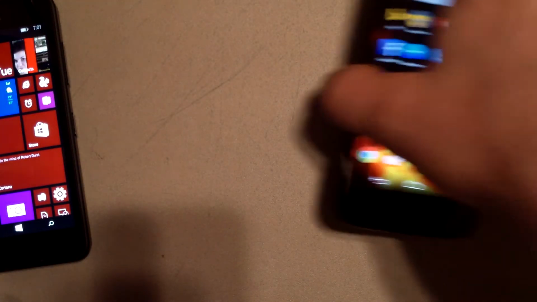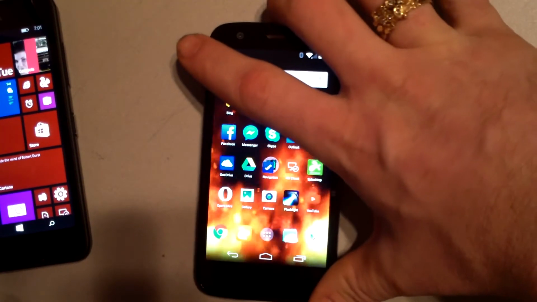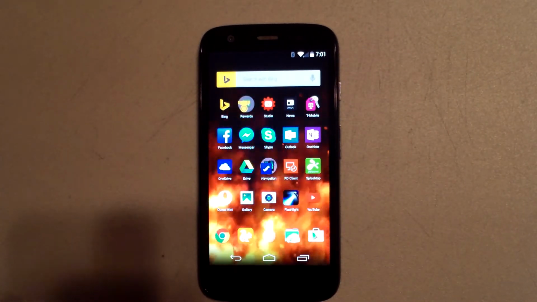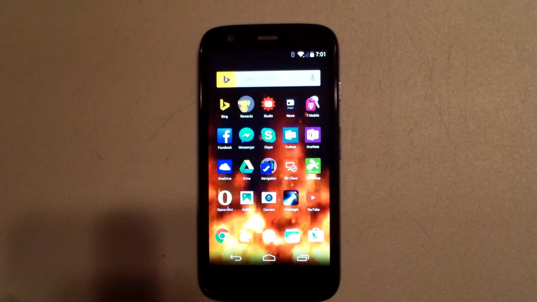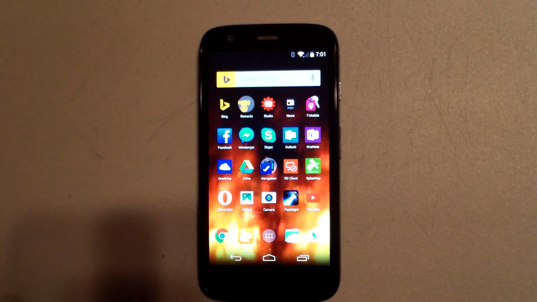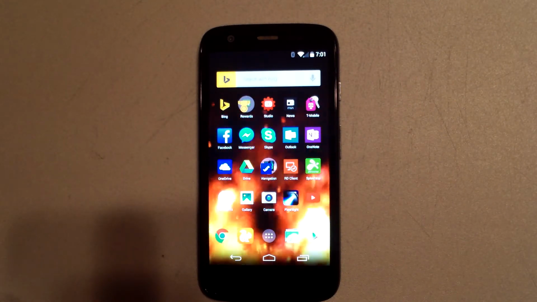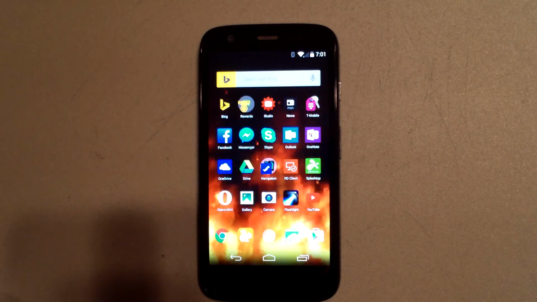Let's take a look at the Moto G. This is the first generation Moto G. It's available for probably anywhere from $30 to $50 right now. I picked it up for the Verizon platform just to have an Android device on me. I'm still linked to the Android ecosystem, and of course I do videos, so